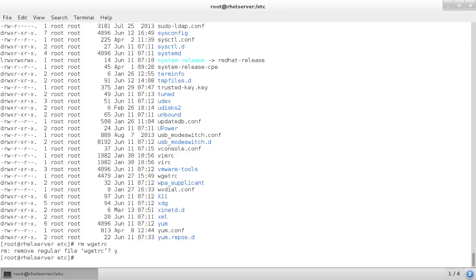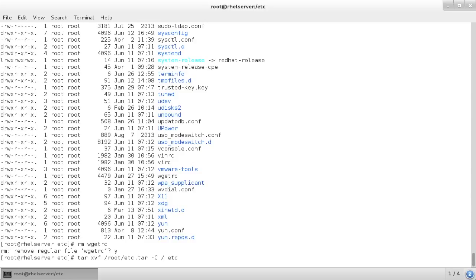What you can do in that case is tar xvf of /root/etc.tar and then -C /. I want it to be extracted in slash,